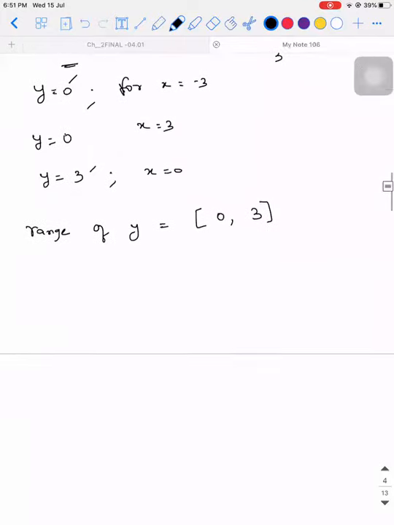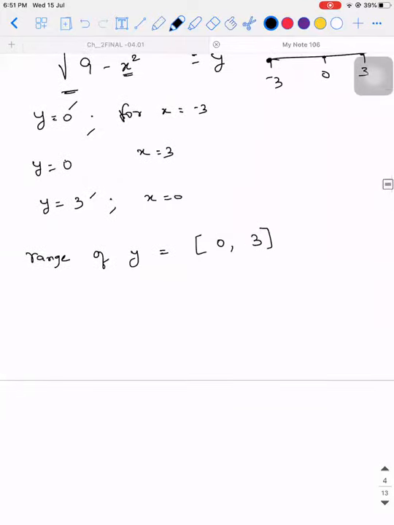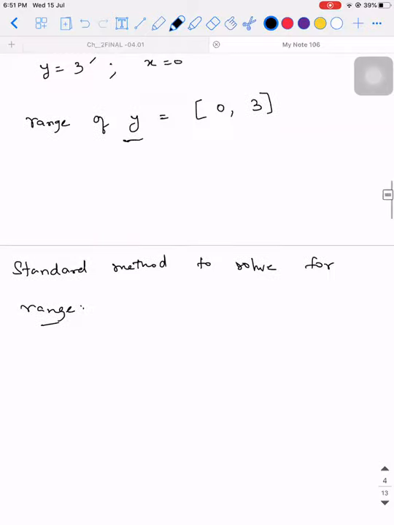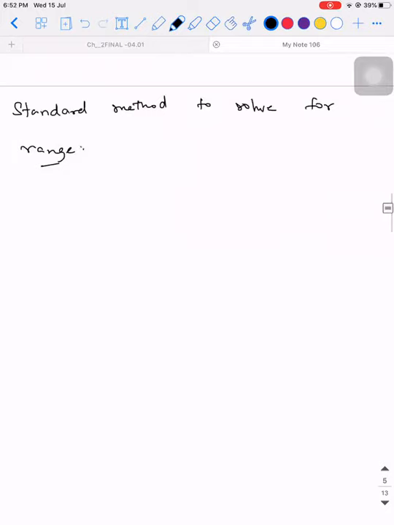So what I will do is, now I'll teach you a standard method to solve for range. Okay? As I told you, range is nothing but the values of y, right? Now what I did previously is trial and error method. That will not work for all the problems. So for the standard method to solve, the first thing is whatever function is given, equate it to y. Okay. Write x in terms of